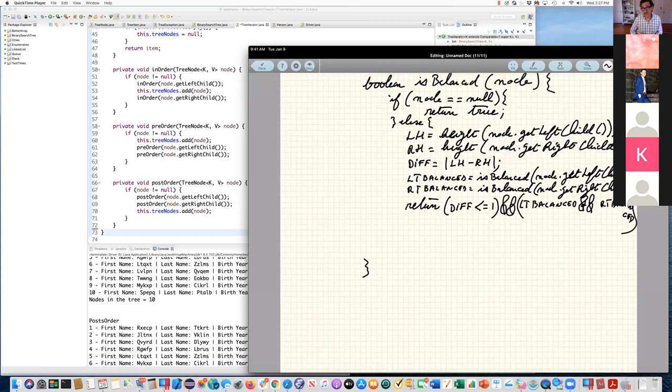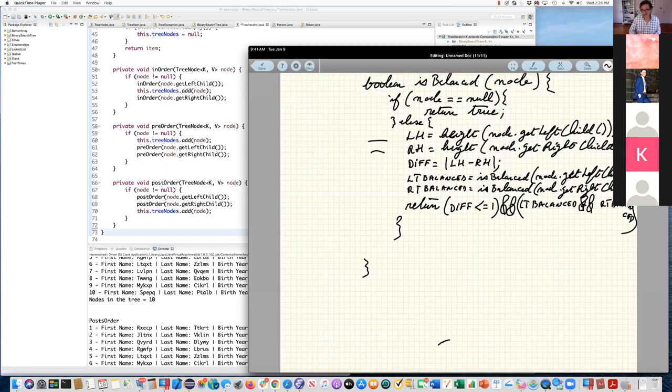So if all of these conditions are true, then my tree is balanced. This is a recursive algorithm that will go through the tree. We know how to measure left height and right height, and the difference between them. Now I'm going to recursively call my left subtree, ask it if it's balanced, and ask my right tree if it's balanced. If any of these trees is not balanced, we're going to end up percolating a false back up through the chain. Okay, so that essentially is the algorithm for checking whether a tree is balanced.